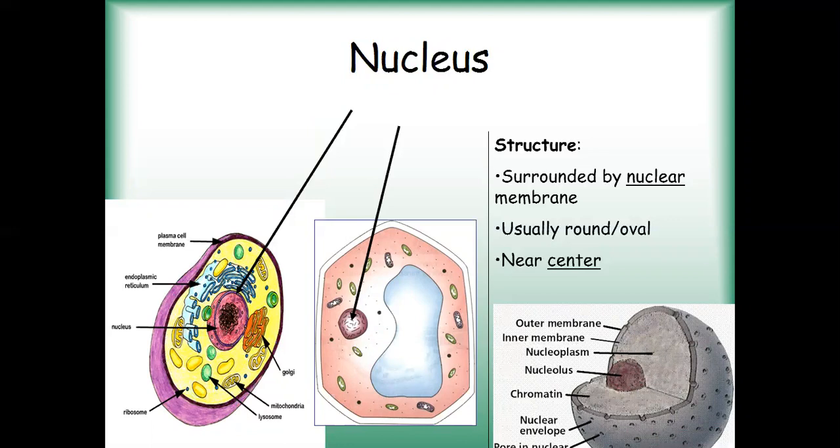In this nucleoplasm, you are seeing something known as chromatin. These chromatin fibers are thread-like structures. When cell division takes place, these chromatin fibers become thick and ribbon-like, and then they are known as chromosomes. You must have heard about chromosomes. They carry your genetic material from the parents to the offspring.